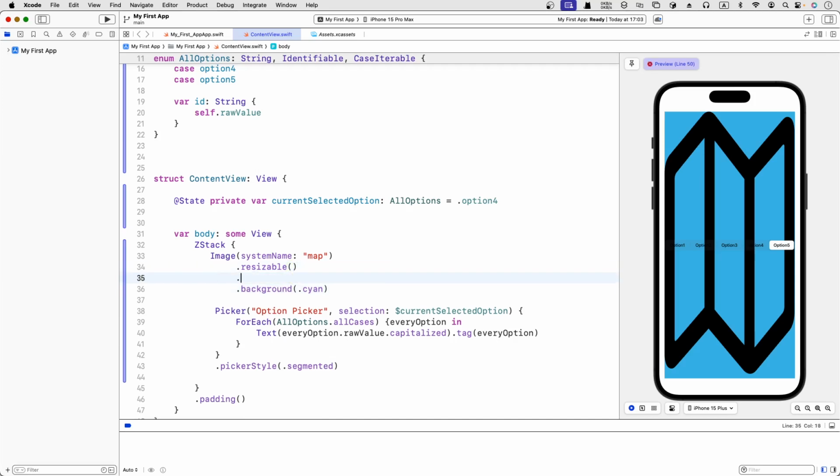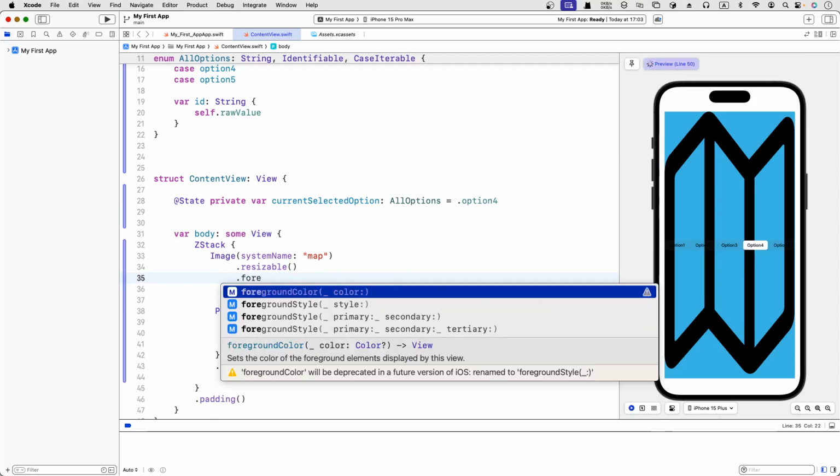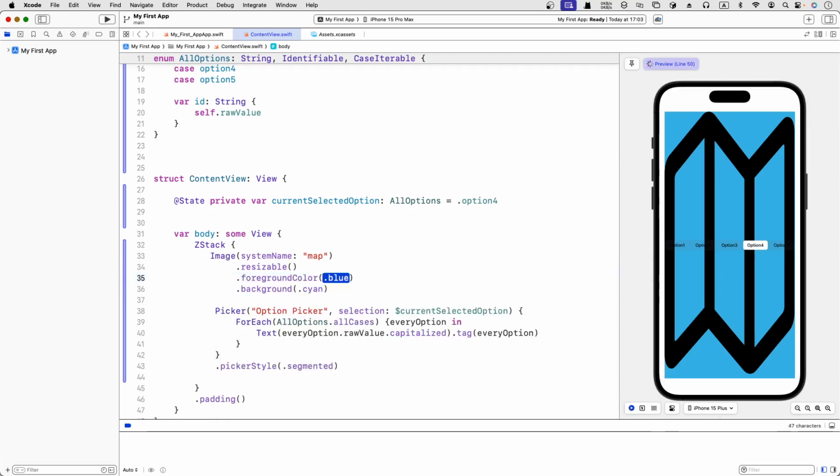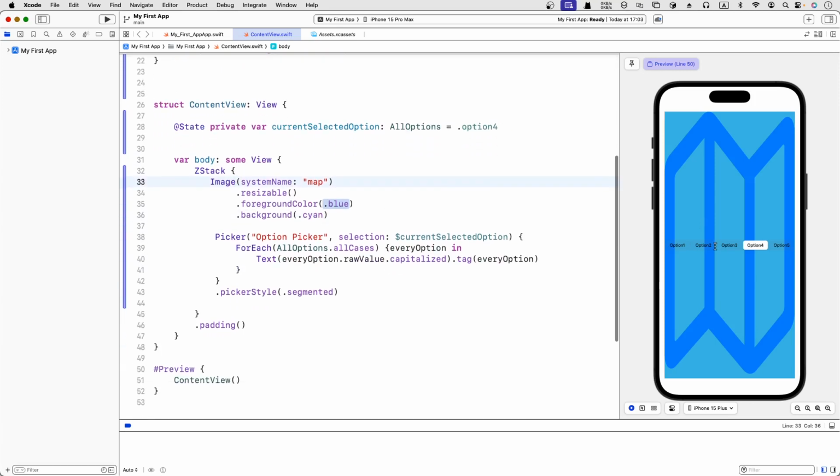So maybe just dots and foreground color, and the color will be bluish. Yeah, so we got these different options as well as the background, and then you can change the